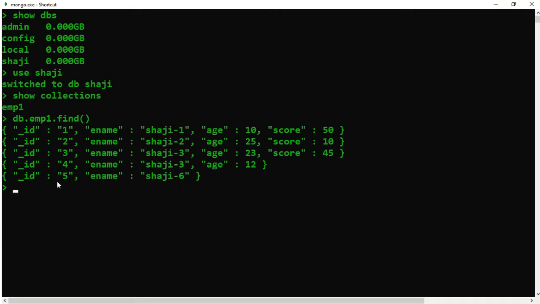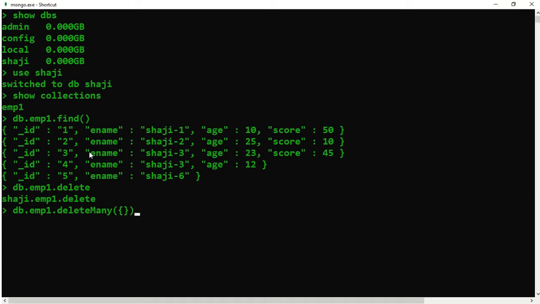Okay, I'm going to remove this entire thing. So we'll say db.emp1.deleteMany, bracket open, curly bracket open, curly bracket close, and small bracket close.